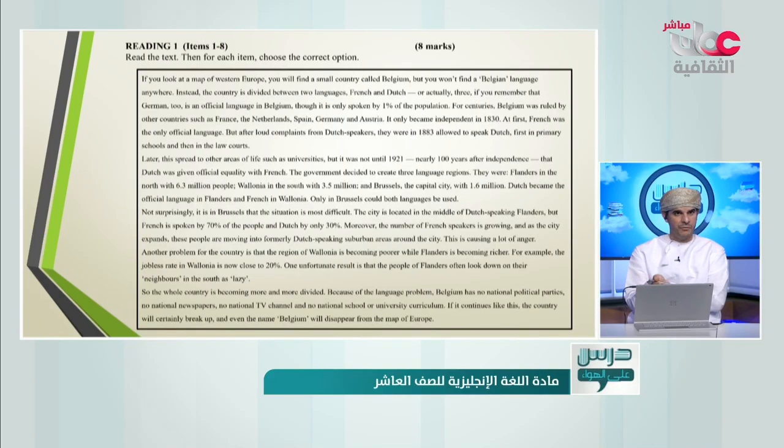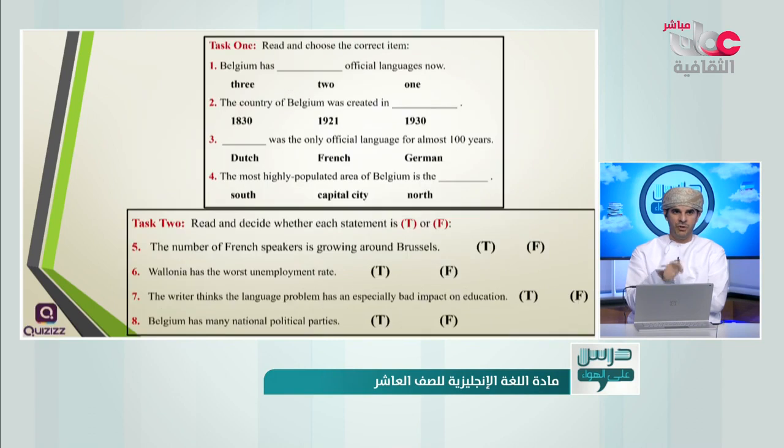Before reading, you must read the questions first. Okay? So Belgium has 3, 2, 1 official languages now. How many official languages? The country of Belgium was created in, so created